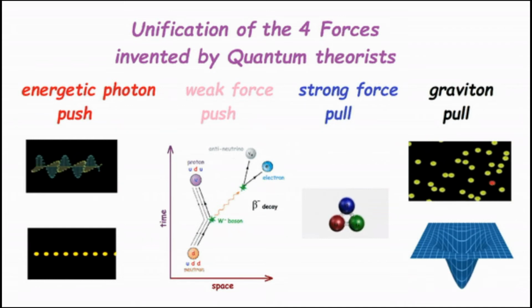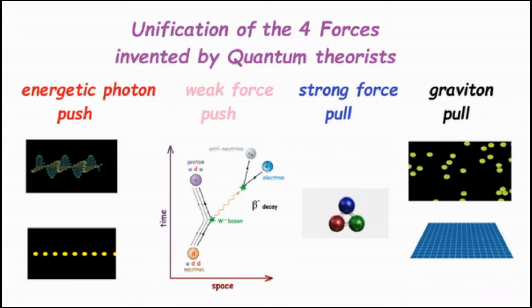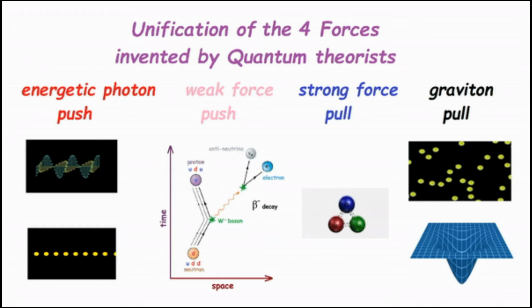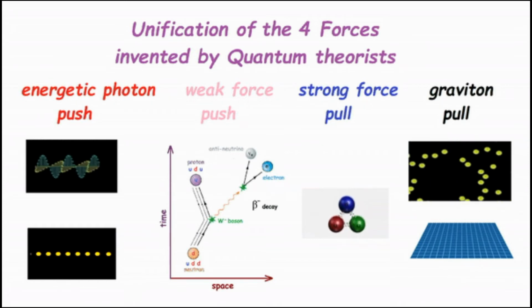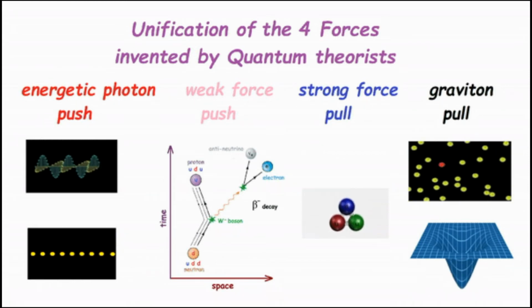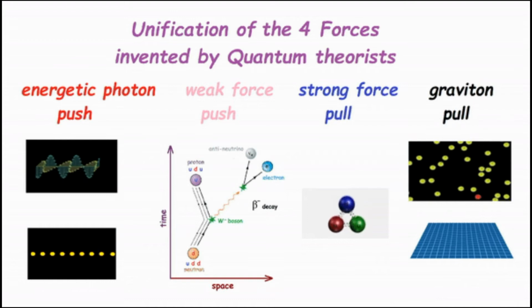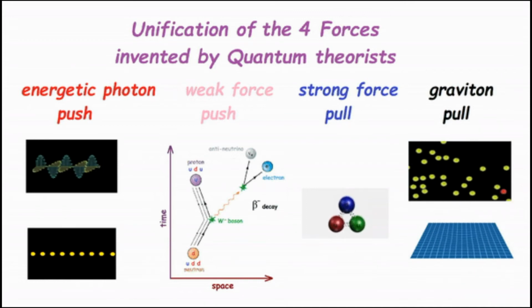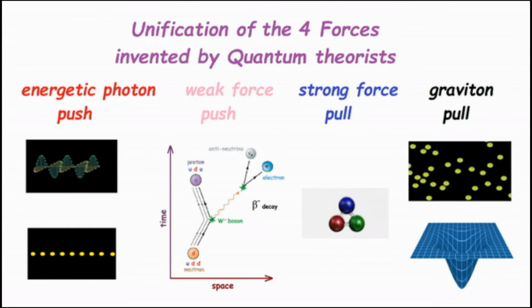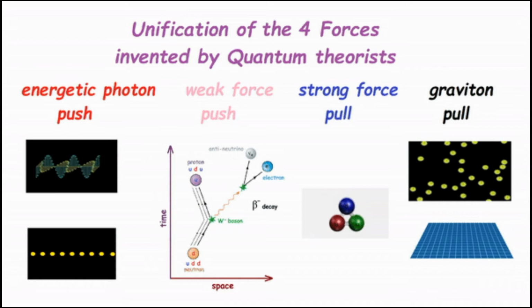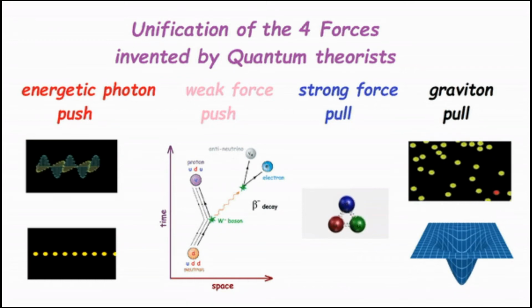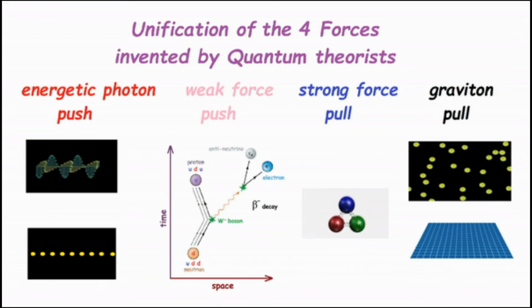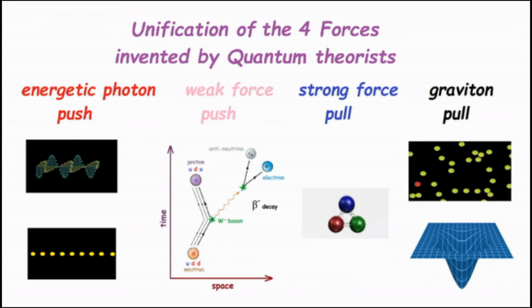I mean, how can you reconcile the graviton balls, the little particles, with the bending of space-time? You can't. This is what they're trying to unify. They're trying to make these two equal somehow. And of course, they're going to do it mathematically, or they're trying to do it mathematically. They can't do it physically, as you can see there. There's no way you can reconcile these two mechanisms: the particles versus the canvas or fishnet. So that's the status quo today.